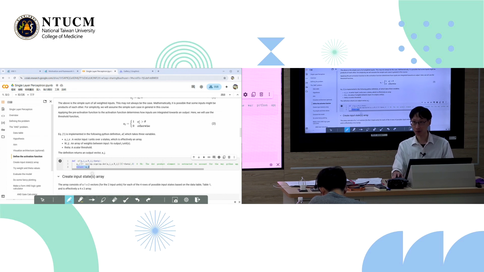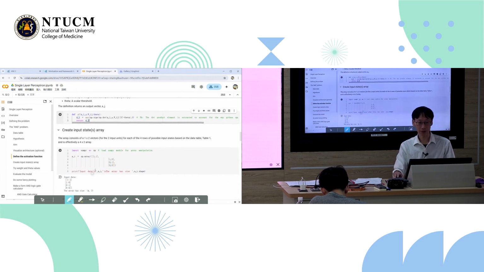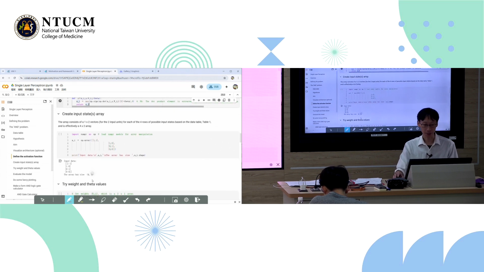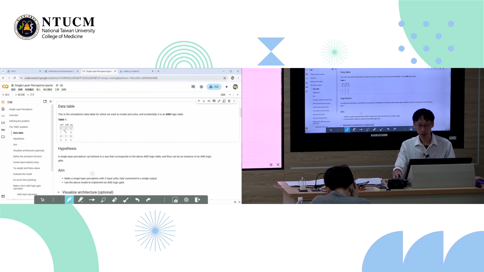Any question about what I'm doing here? Make sense to you? Okay. So then we have our activation function. Let's go back to the data table, because we now need to give this activation function an input for which to solve the problems. And what's the input here? Well, remember our data table is basically that the inputs are either 1, 1, 1, 0, 0, 1, or 0, 0. So 2 units, and they have either 1s or 0s according to these 4 different states. So state 1, 2, 3, and 4.